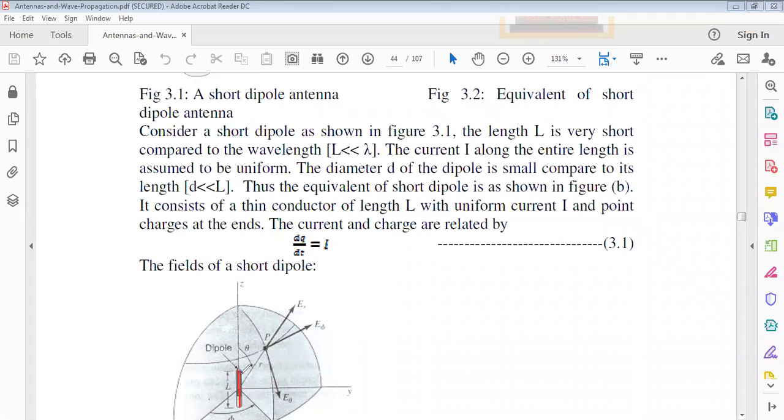Okay, this is a point which exists in free space. How to represent the point in free space? With the point location, we use the Cartesian coordinate system, and the field representation uses the spherical coordinate system. This is called the spherical coordinate system. This is called the Cartesian coordinate system.